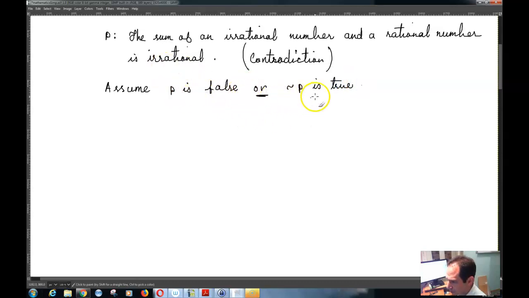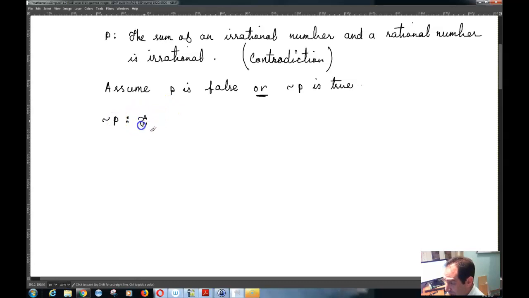If P is false, that means that not P is true. Now, if not P is true, what that implies is that the sum of an irrational number and rational number is rational, right? So basically not P